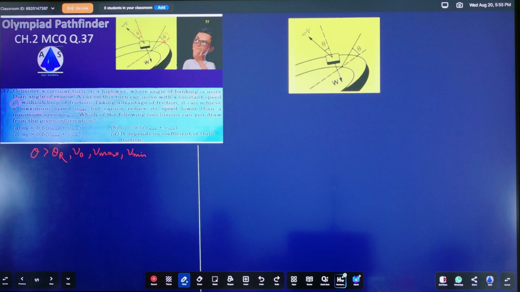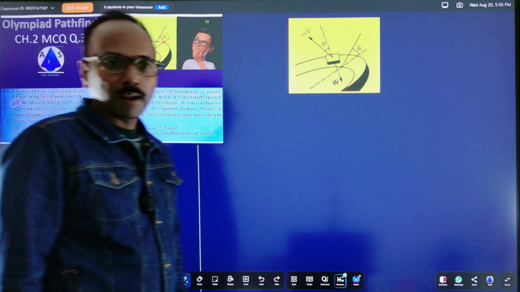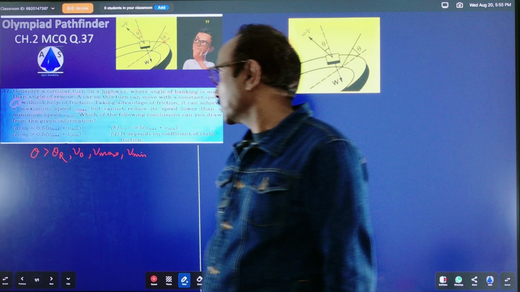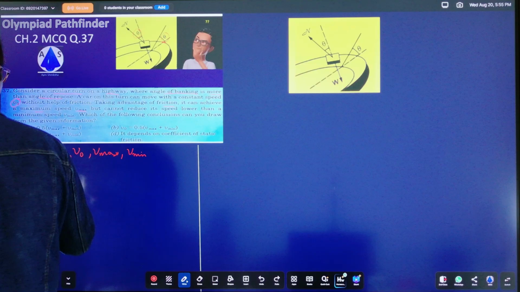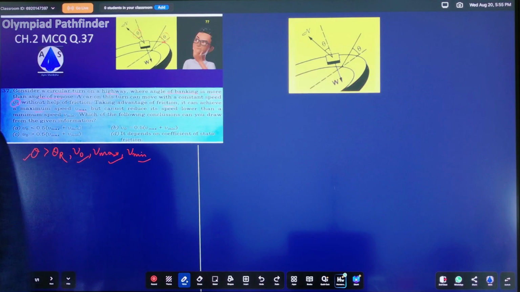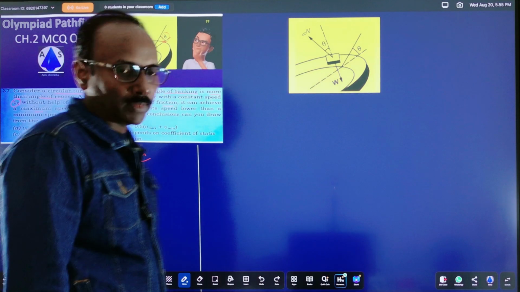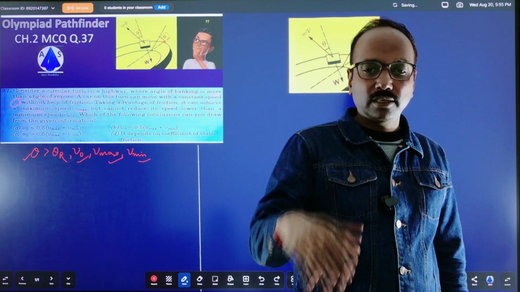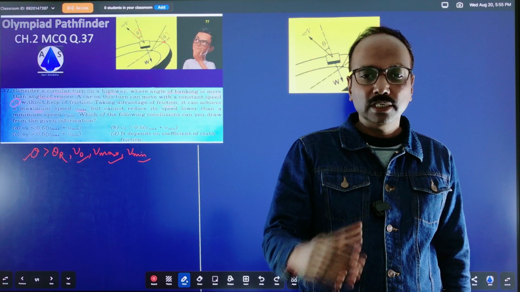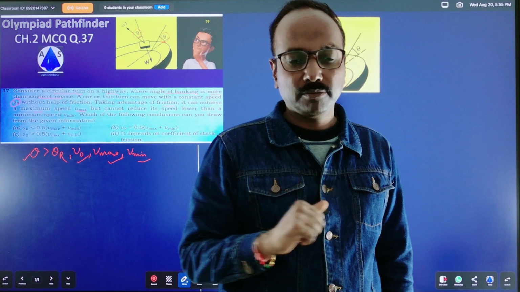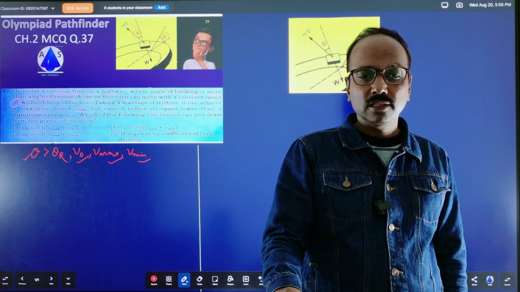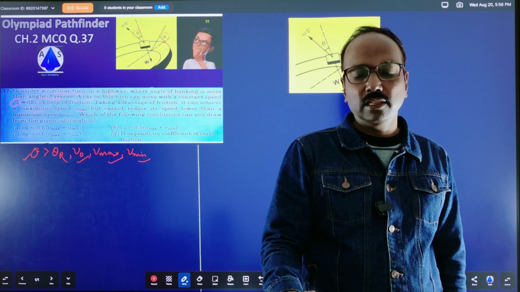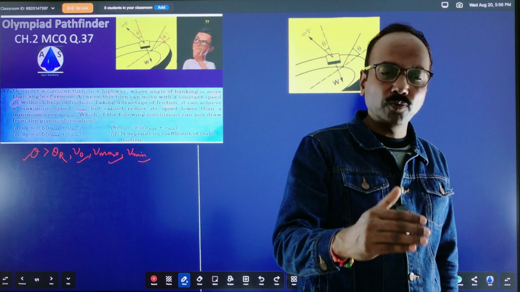There are 4 choices given. So you have to draw the conclusions which all are correct. So these data are given. When a car takes a turn on a circular path, it experiences a centrifugal force which will push the car away from the center of the circle in which it is moving.